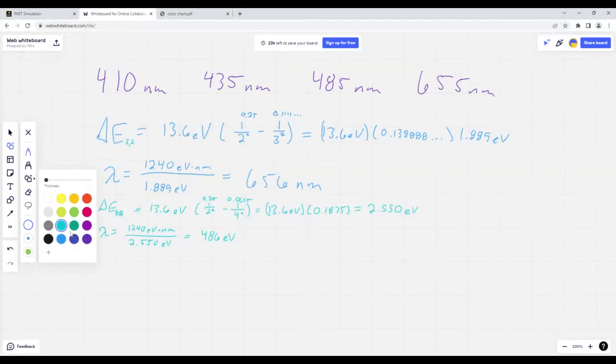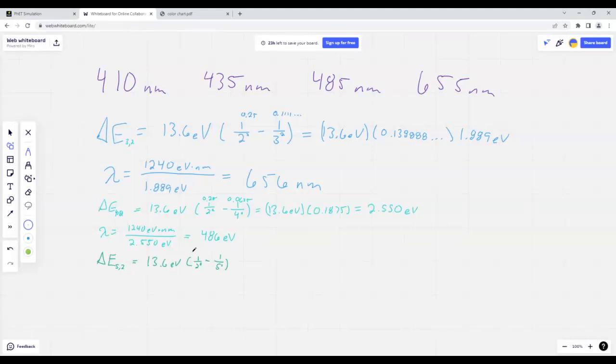For the next one, we would go between 5 and 2. So the change in energy when it drops from 5 to 2. It's going to be the baseline 13.6 multiplied by 1 over 2 squared, because again, that's just where it lands, minus 1 over 5 squared. So this would be 1/4, which is 0.25. This would be 1 over 25, which is 0.04. And that's going to be 13.6 multiplied by 0.21. And that's going to give us 2.856